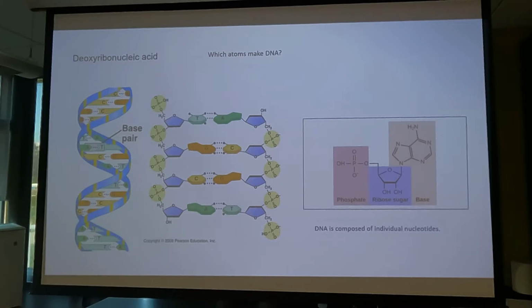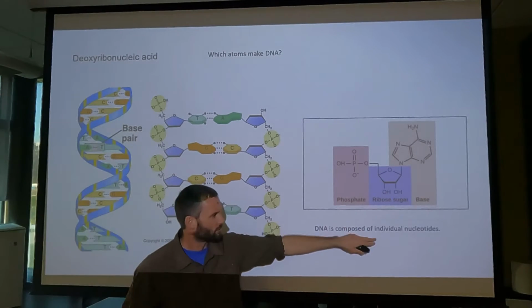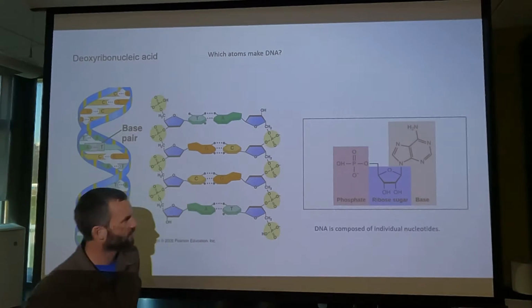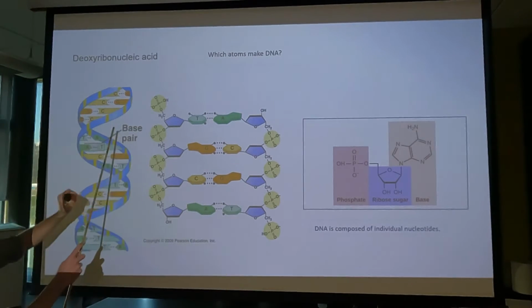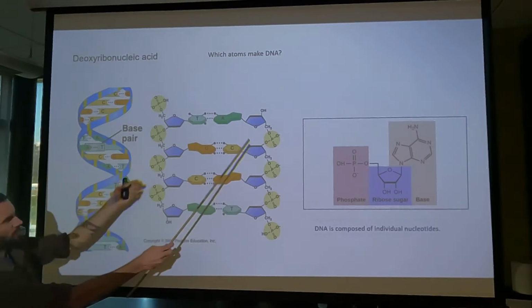And then lastly, with regards to the macromolecules, we have DNA and RNA. And here is the double-stranded DNA, deoxyribonucleic acid. DNA is also a polymer. It's a molecule made up of many individual units. And the individual units are what we call nucleotides. And this is one of those nucleotides here. And if you want to find them, so this is the double-stranded DNA. If you were to unravel that, this is what it would look like.